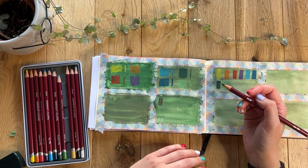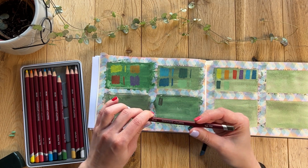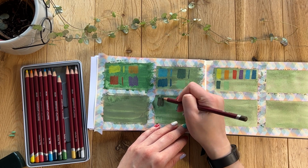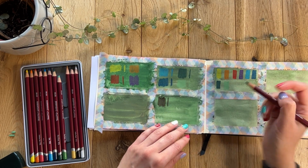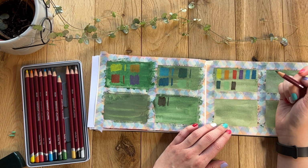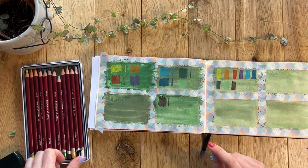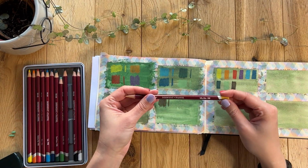It doesn't look like sepia. It's green. Why is it called sepia? Am I missing something? Is sepia green? I mean, let me know because I'm confused. If you know, then please tell me. It's a beautiful color, and that's my kind of color for sure. This one's yellow ochre,